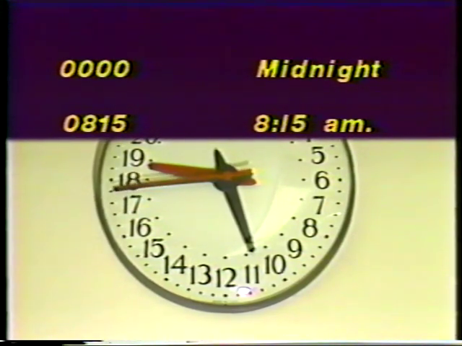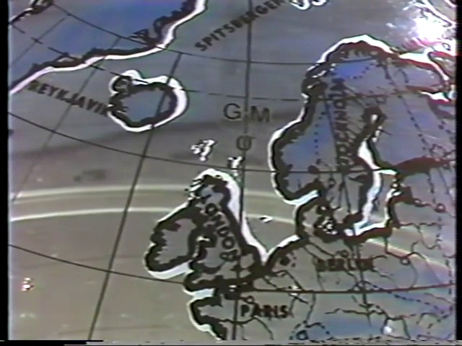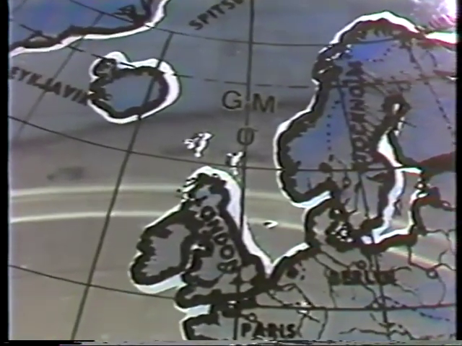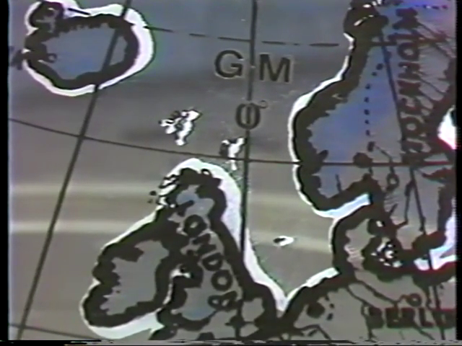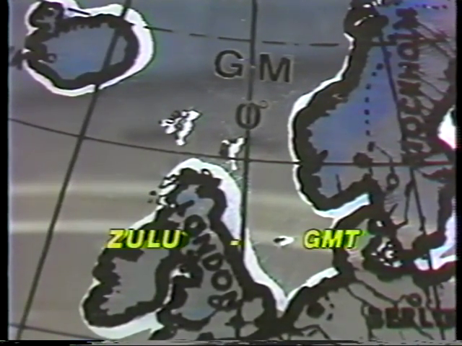0815 or 8:15, 1100, 11 o'clock. Time in the PM period is expressed as 1300, which is equivalent to 1 o'clock, 2115, which is 9:15. The 24-hour clock starts at the prime meridian at Greenwich, England, which is why it is called Greenwich Mean Time, or GMT. However, the aeronautical world uses Zulu for GMT.